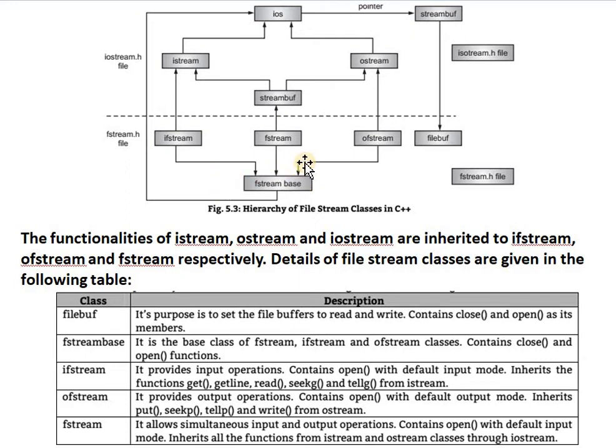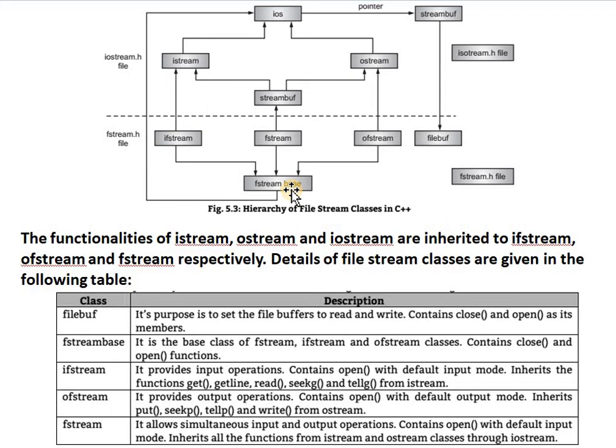The fstreambase class is the base class for ifstream, ofstream and fstream classes, and this provides functions such as opening and closing the file. This class provides functions such as open and close for a particular file.